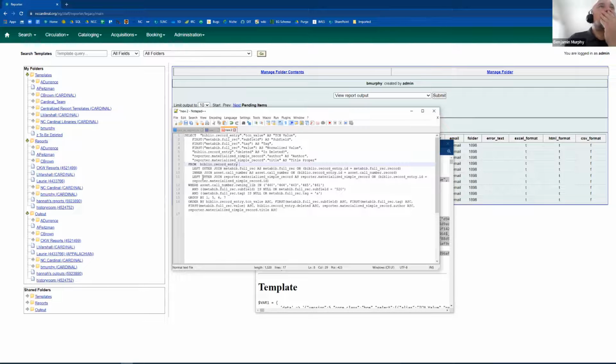All right, so we have an inner join on asset call number, which makes sense because we want to ensure that it is a value that has that library system associated with it. There are the branches. Subfield is null or